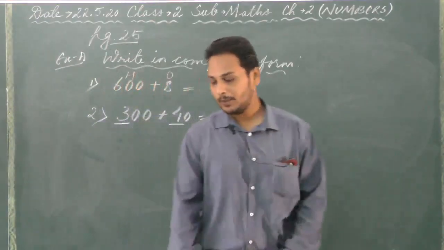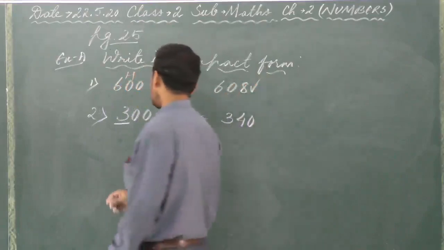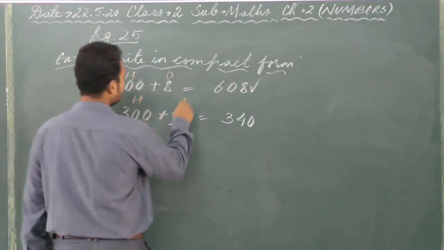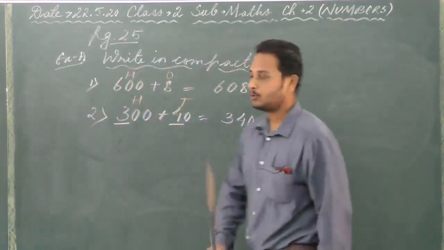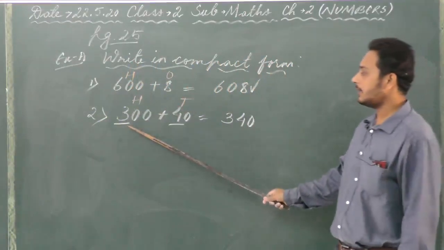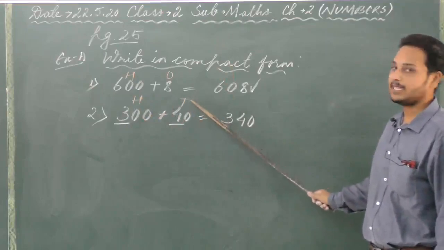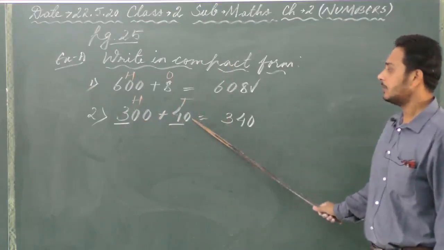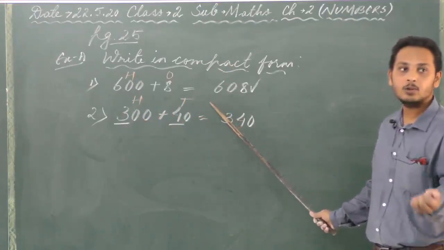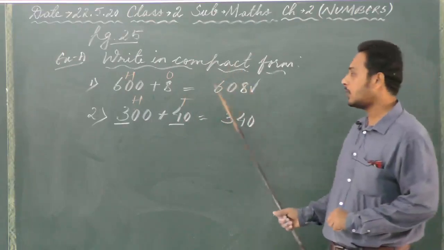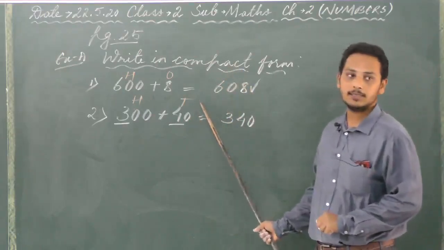Now once again, if you pay attention over here, you'll see that this is the hundreds place, this is the tens place. Okay, as you can see here, we have 300 in the hundreds place and we have 40 in the tens place because the 0 is given. Now what about ones? There is no ones given here. So you are not going to add any more zeros here.